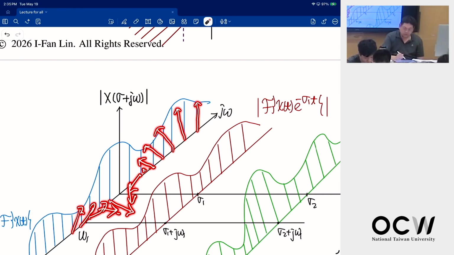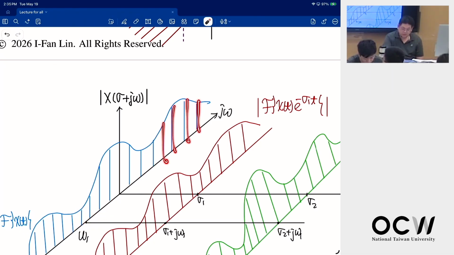How to plot? So we just plot the magnitude. Remember that this is a person. So the easier way is that let me